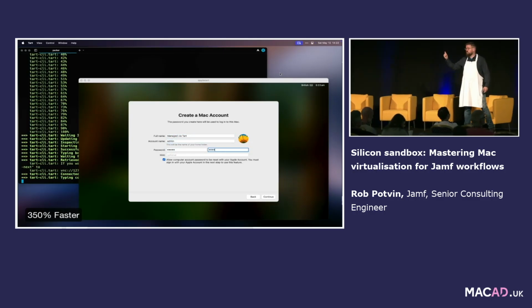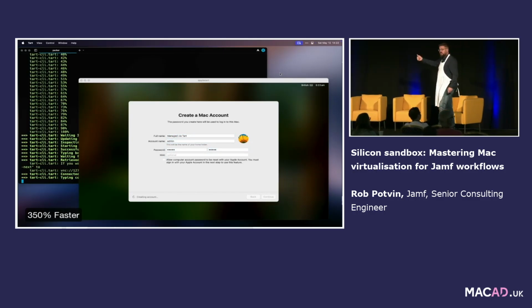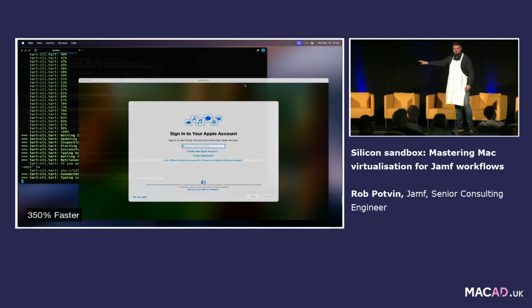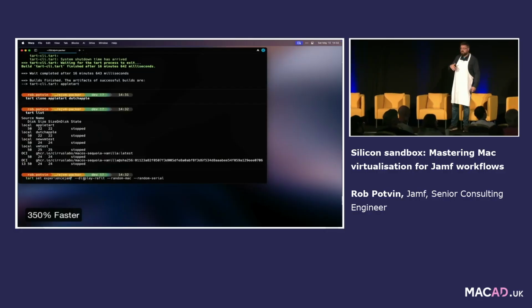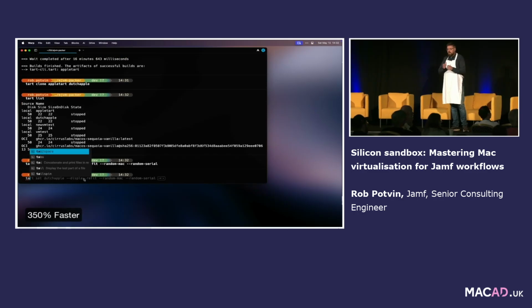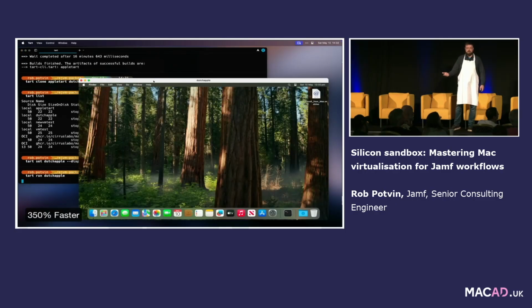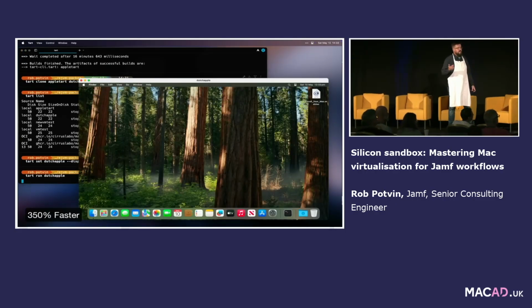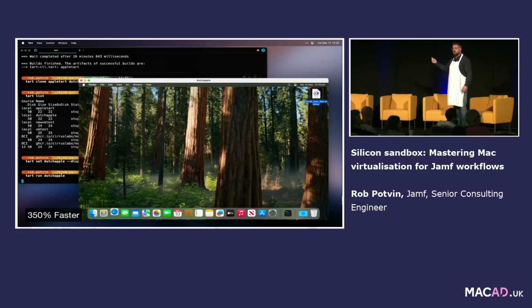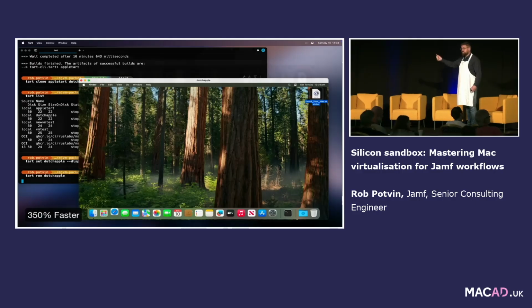But yeah, so it's going through, it's setting up the username and password automatically here. It's going through and setting up. My mouse isn't moving. It's just doing it all by itself. At the end, what am I going to do here? Well, I'm just going to clone that because I have my base image now. I'm not going to screw with that base image. I'm going to clone it off. I'm going to do a random serial number. I'm going to launch it, and boom, there's my Mac with the web link on the desktop. So anytime I clone off my base image, I'm ready to go for testing.